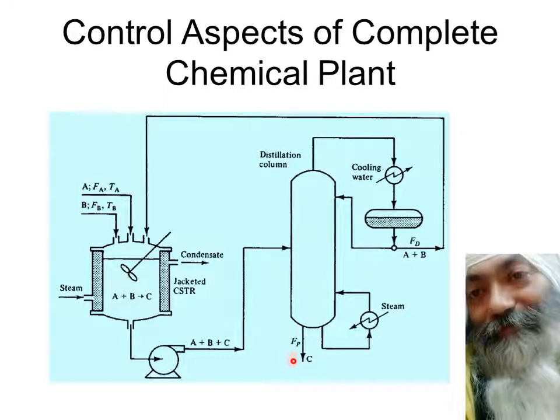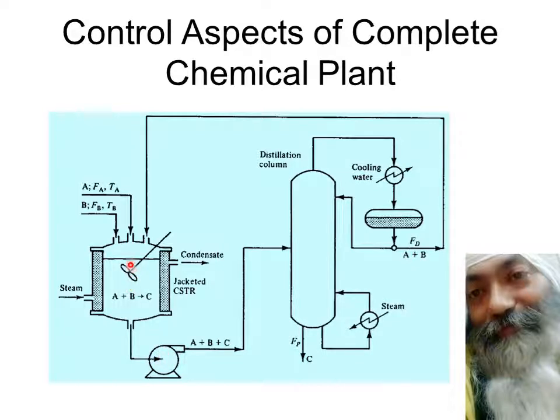So we have to take something, and part of this bottom also goes back to the distillation column, and here you need the bottoms which are in the form of liquid. They need to be vaporized, they need to be heated by going in for the steam over here. So the thing is that controlling this flow rate is going to change the level of this CSTR.